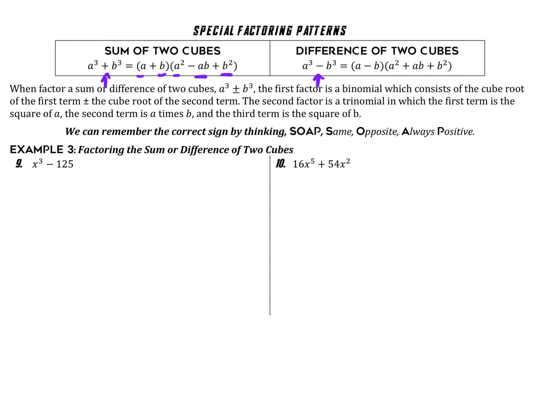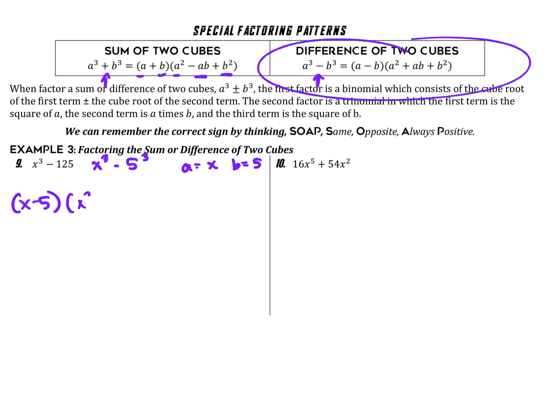On number 9, we have 2 perfect cubes. We have x cubed, and 125 is the same thing as 5 cubed. So in this case, you can think of a as x and b as 5, because those are the cube roots of what's there. So according to this formula, the difference of cubes, I'm going to have x minus 5, that's a minus b,